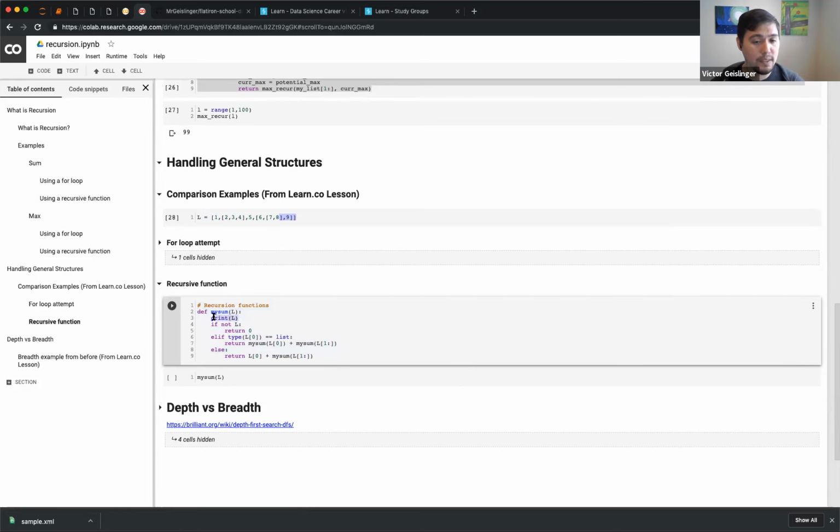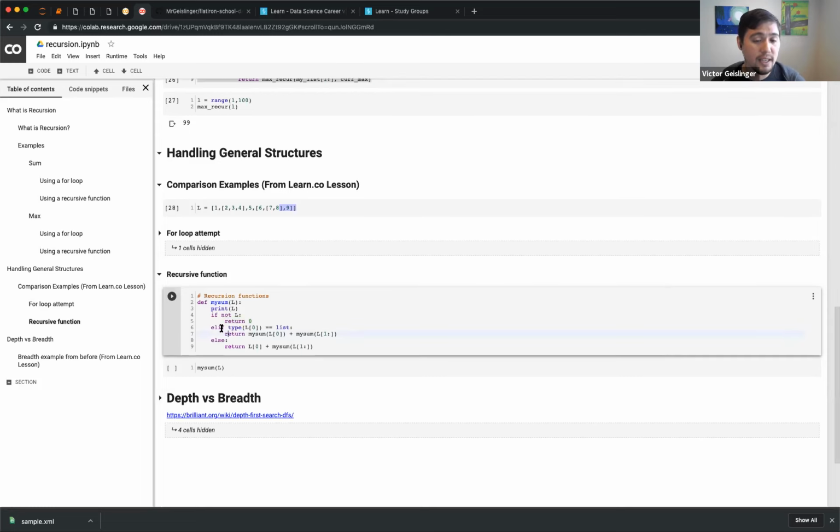So in here, we're just adding this part so you can see it. But say, if it's not L, which is basically, is the list empty, return 0, right? There's nothing in that list, return 0. Okay, we've done this before. And then otherwise, if the next element is a list, we're going to do this sum right here, take a list plus the sum of the rest of the list. So we have a list and a list. You're like, okay, cool. We'll just do whatever this element is plus the rest of the list.